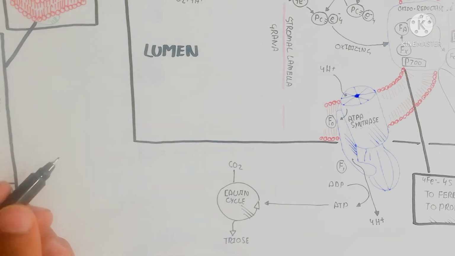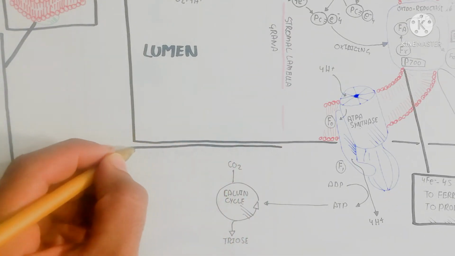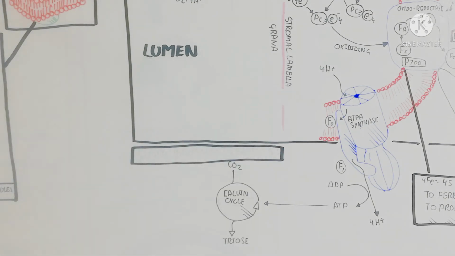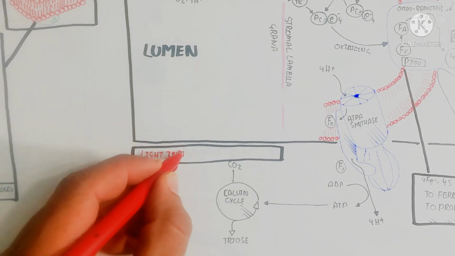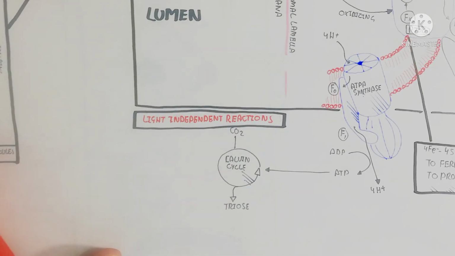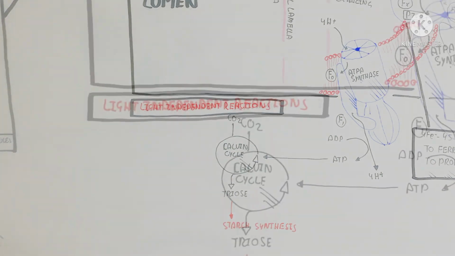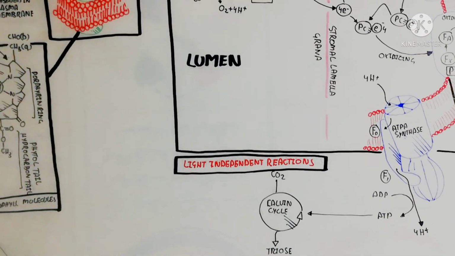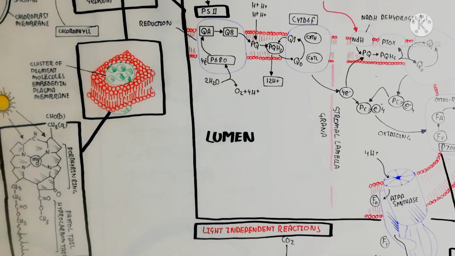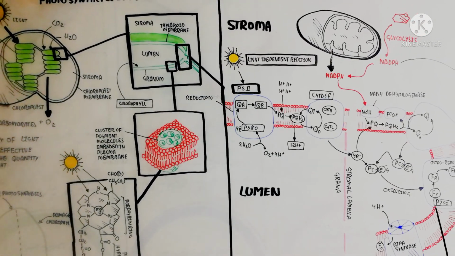lumen. Basically, into the lumen it will produce ATP, but this ATP synthase enzyme is oriented opposite, but you can understand as well, the protons basically move outside, so that is why. So it is true. And the 4 protons will be used to produce 1 ATP, and this ATP and NADPH are used for the production of glucose by the Calvin cycle.